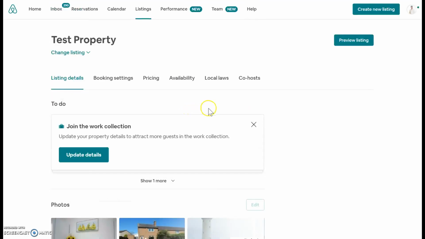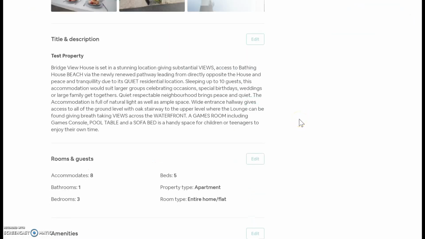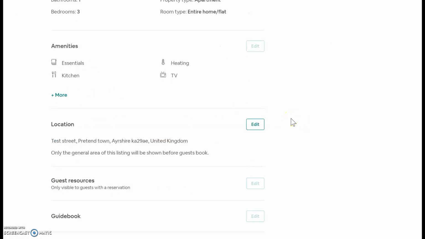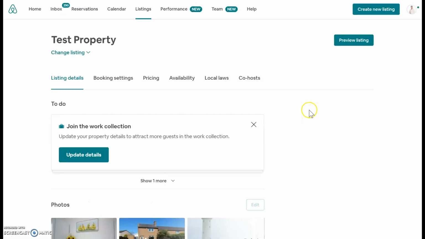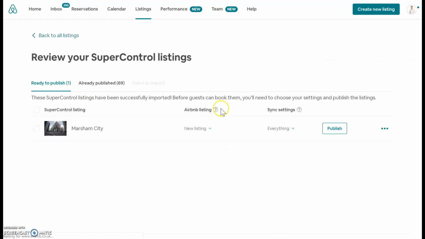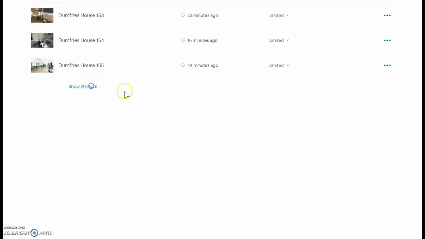Now, if you do want to edit it within Airbnb, which sometimes you need to do, just to make sure you've got all the settings that Airbnb have and you've selected everything, what to do is go back to the listings, go into SuperControl Sync, already published, alphabetical order,